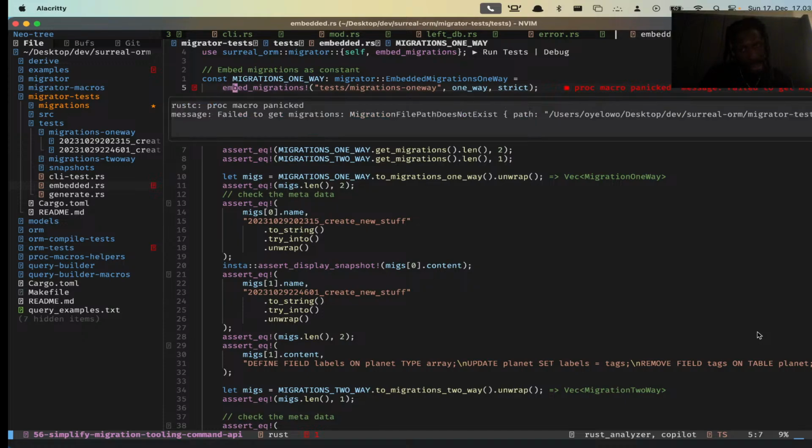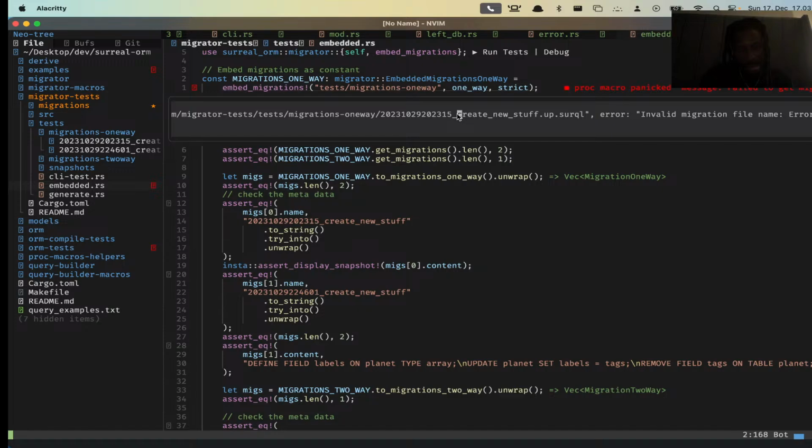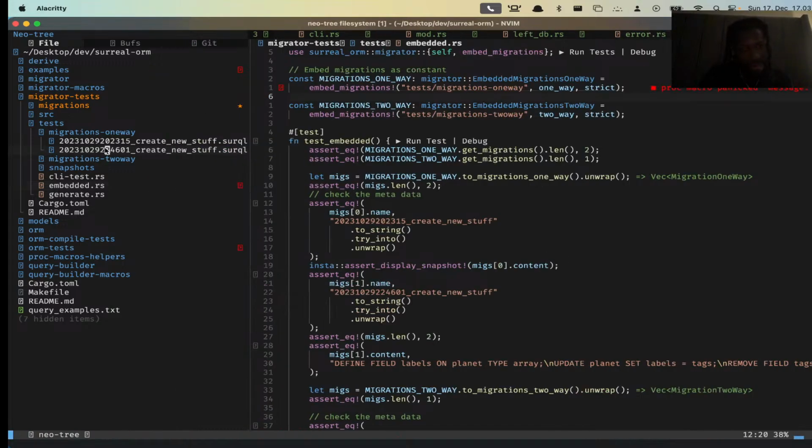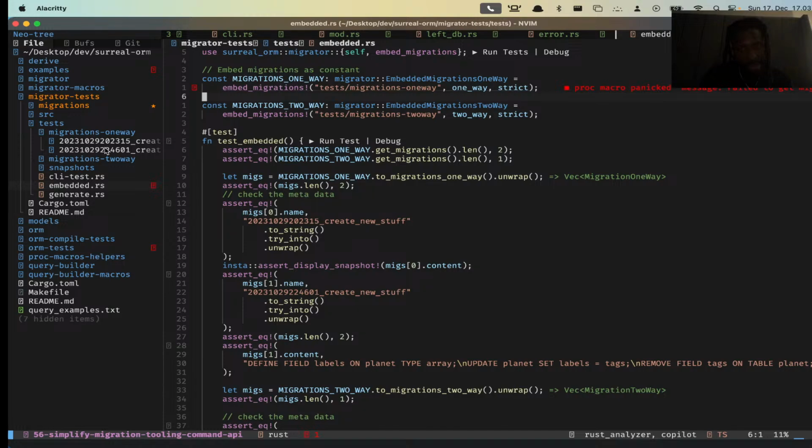Doesn't exist. Create new stuff. Oh, I see. Why is it trying to read that though? It's a one-way directory, so